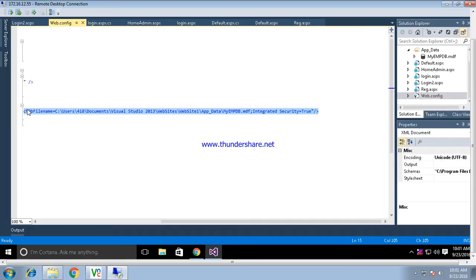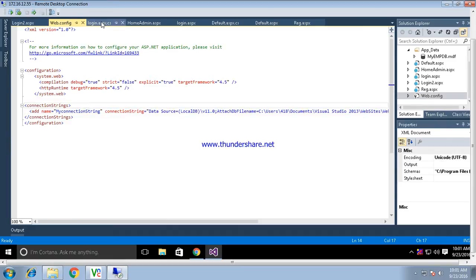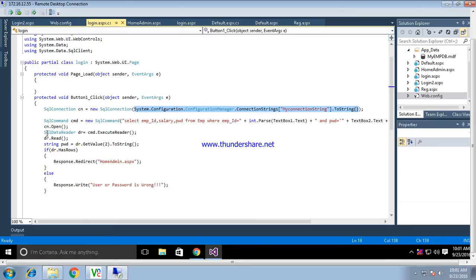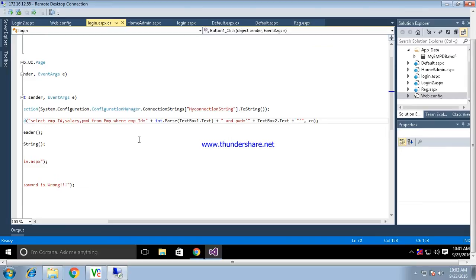Now that's it. Then we have created the object of the command class, and the command class will specify the query. The second parameter of the command class is always the object of the connection class.